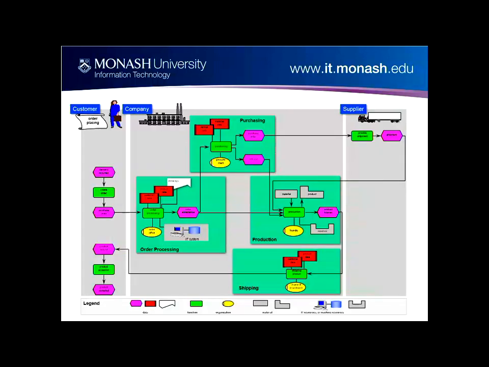So let's take a look at one of the examples. If a customer comes in and places an order to the company, then immediately you go to the order processing unit to do the processing. The order processing unit checks with the inventory, checks the stock, and discovers that